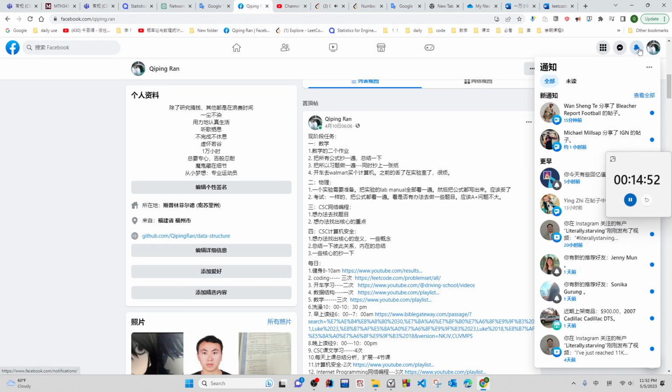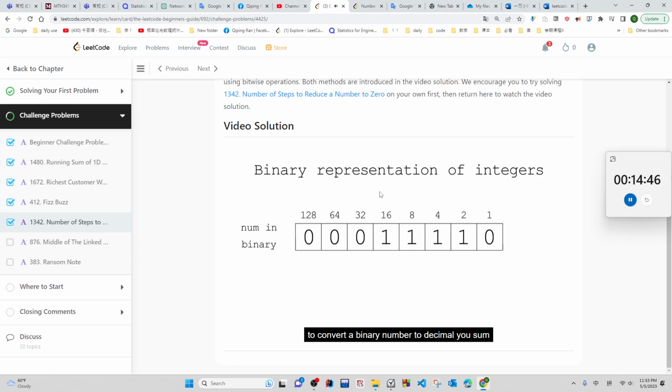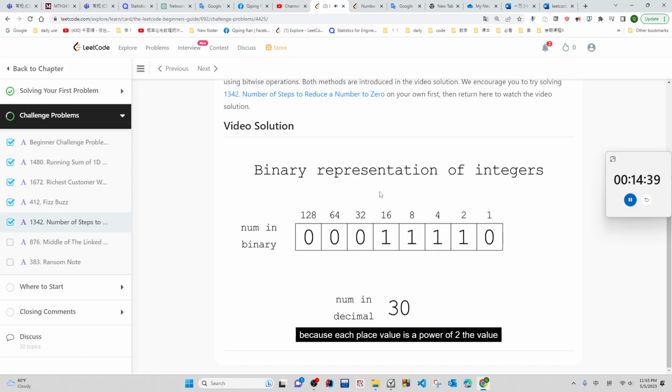In binary, the place value of each digit represents a power of 2. This provides some very useful properties when wanting to double or halve a number. To convert a binary number to decimal, you sum all of the place values that have a 1. Notice that, because each place value is a power of 2, the value to the right is half the current place value. So to halve a number in binary, all we need to do is move all our bits right